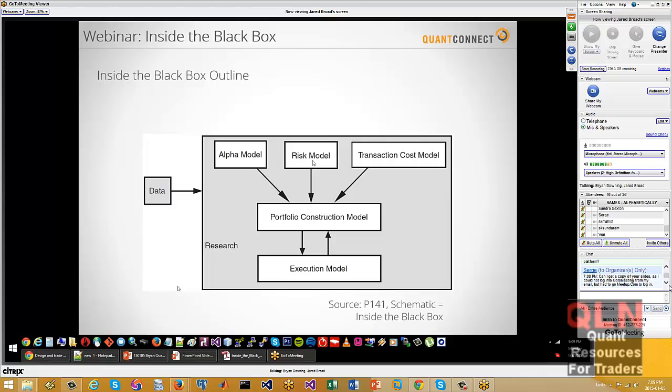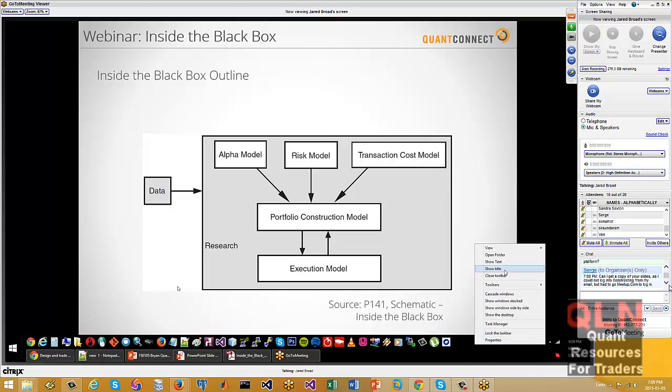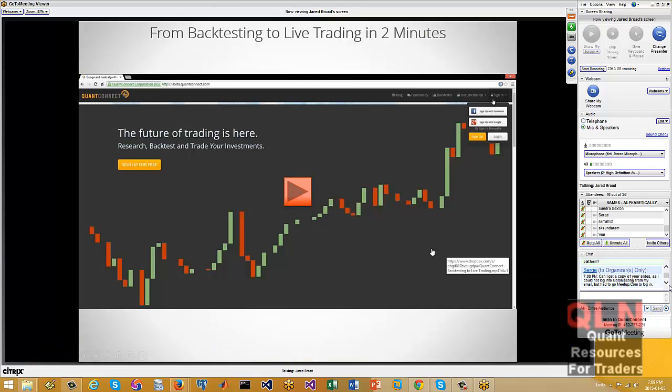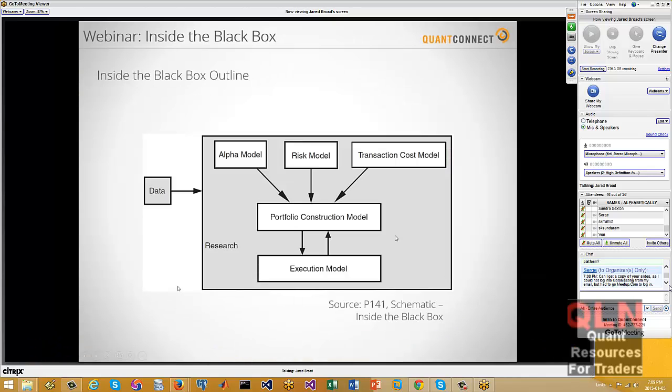Yeah, so then you break it into this risk model, so you try and manage your capital, and then a transaction cost model to model the slippage and the per trade fees. For example, if the markets are moving quickly, or you trade a penny stock which has very little depth, what is the actual transaction cost going to be?